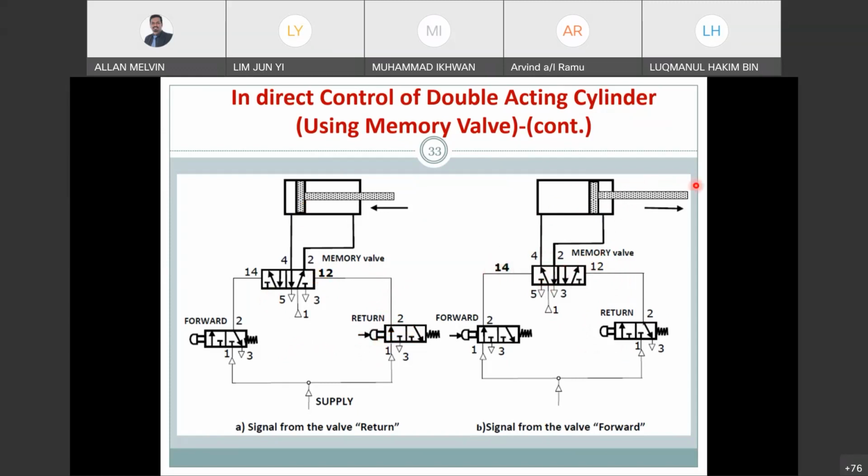So this is by understanding lah. So normally if you write in your narrative port 12, the engineers automatically understand that you are using a double pilot operated valve. So 12 adalah port di sebelah kanan. It's on the right hand side. 14 is on the left hand side. Okay. So memory valve, the term comes by